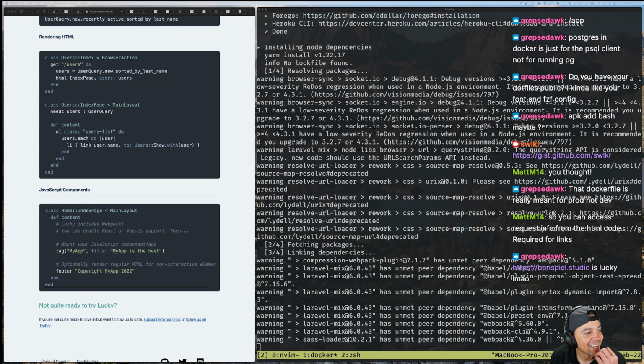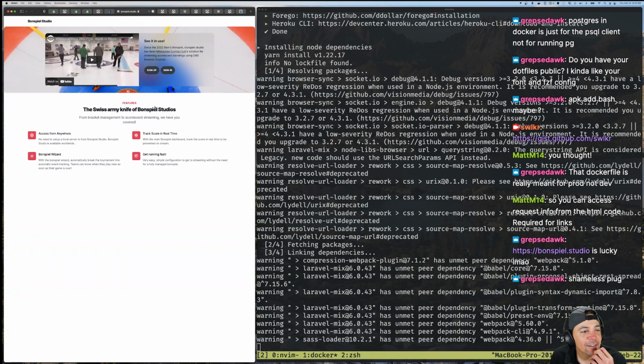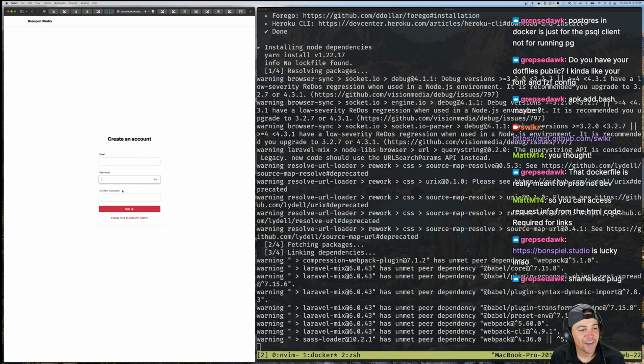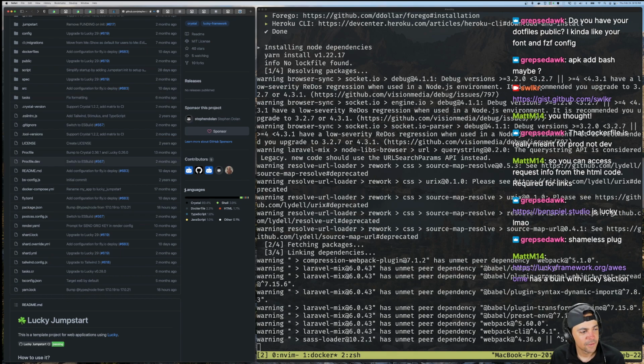What is this? Bonspiel Studio? Oh, the Swiss Army knife of bonspiels, from bracket management. Wait, I don't understand what this is. Oh, curling. Oh, okay, Milwaukee Curling Club. Oh, that's cool. Yeah, this is sweet. I like this. Oh, is this the default? I wonder if this is the default Lucky auth, you know? That'd be cool. Has a Built with Lucky section. That's what it is.